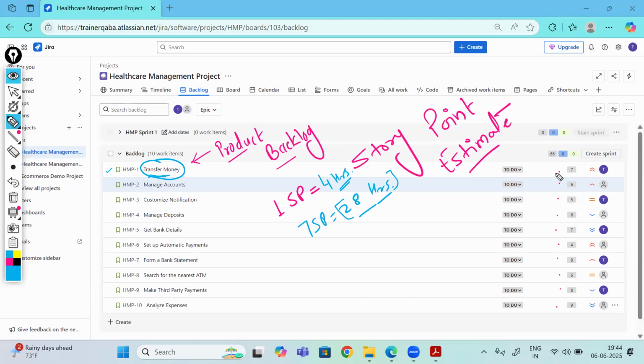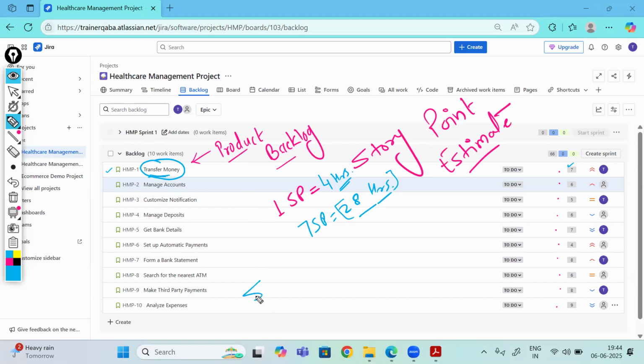And this isn't just an estimation of your efforts. It's not that it's going to take that much only. It's just an estimation depending upon the previous experience of the team. They just decide among themselves that, okay, this implementation might take that much of effort. That is what the story point distinction. So it'll help us